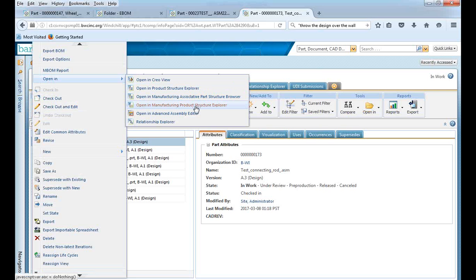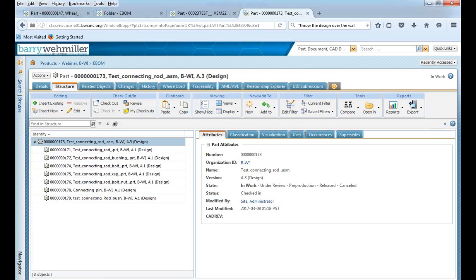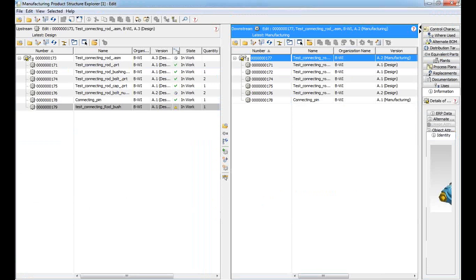I mean the manufacturing product structure explorer, MPSC. So once I click this, it will open in the manufacturing product structure explorer. I was discussing the status indicator here. If you look here, the equivalent part exists at the point of latest iteration, but here the equivalent part doesn't. What that means is, you see this test connecting rod has not been seen in the manufacturing BOM